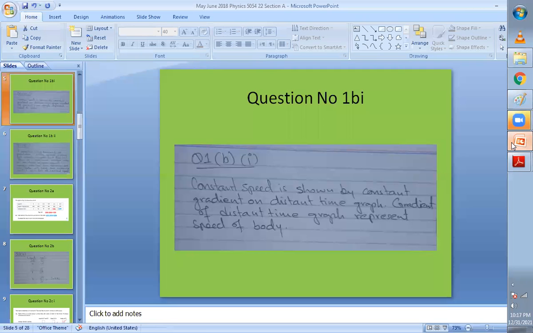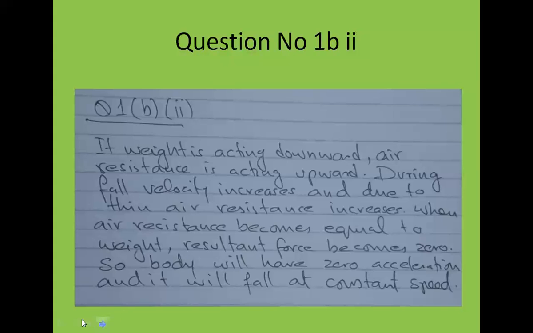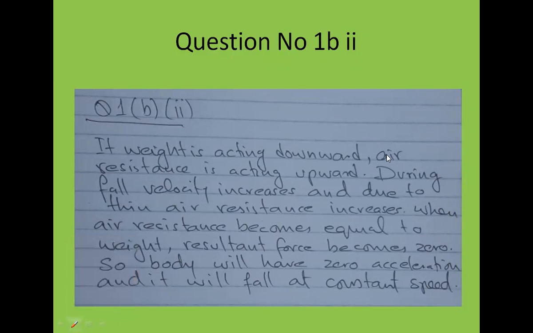Let me show you my answer. If weight is acting downward, air resistance is acting upward. This word air resistance is not the right word, because when I wrote the answer, I was thinking that it was moving in air. Here, this is oil. So instead of using the word air, use the word oil. Resistance is acting upward. During fall, velocity increases, and due to this, oil resistance, instead of saying air, say oil,